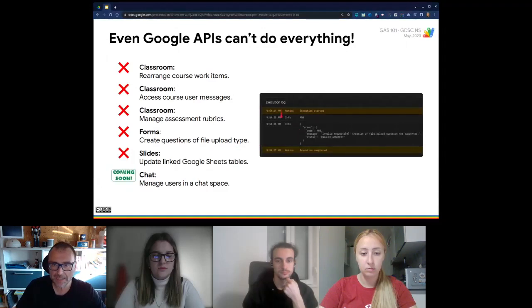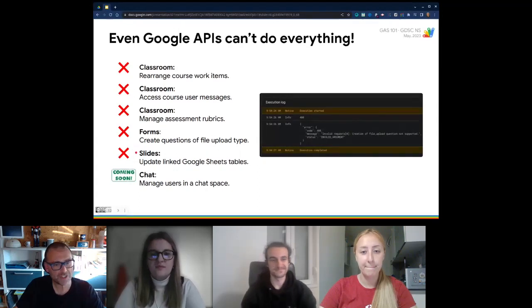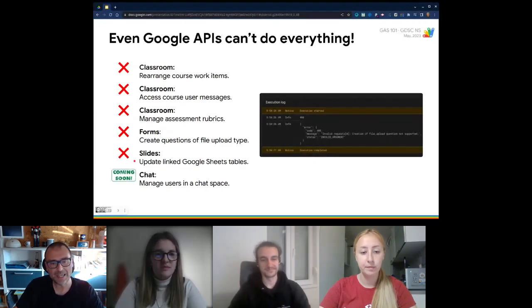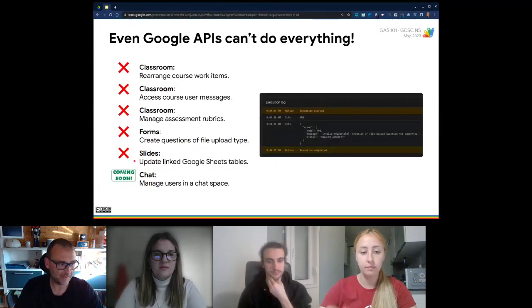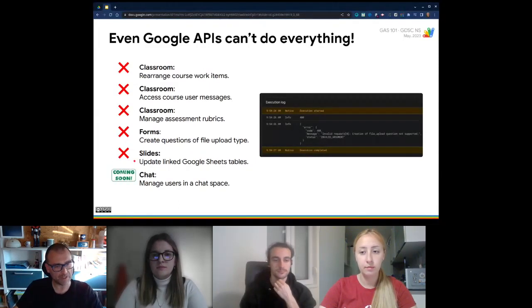Well, in fact, using the API, you can try, because there is a nice method to do so, but you get this very weird error saying that this feature has not been implemented yet. So that's extremely nice. Another very requested feature by developers in Google Slides: update linked Google Sheets tables. Not possible. Whichever, advanced, standard, or API, you can simply not do it right now.